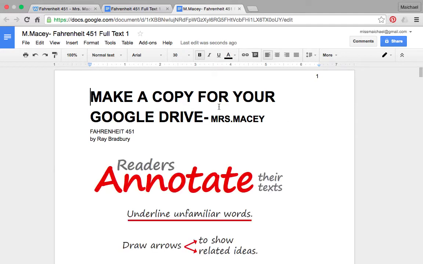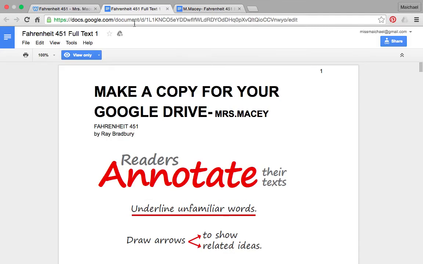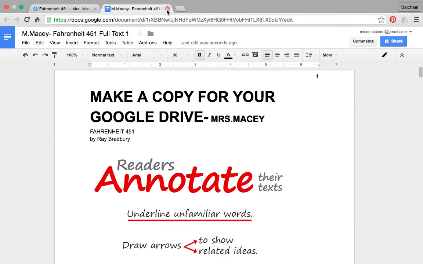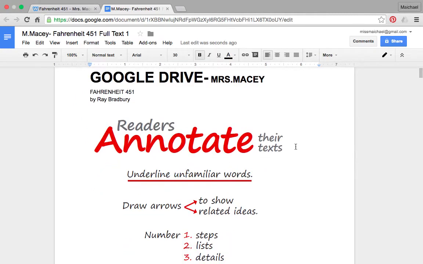Okay. So again, like this document, we have all of the abilities to type, to underline. If we go back to this document that we opened before, it's view only. So this really isn't a very helpful document. We can just close that. And we can scroll down to look at the instructions.